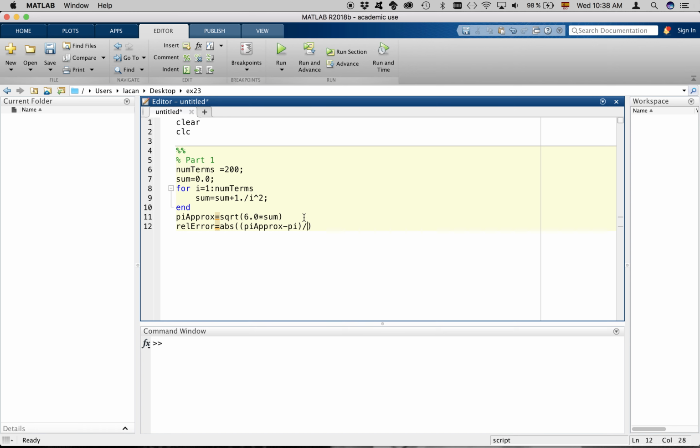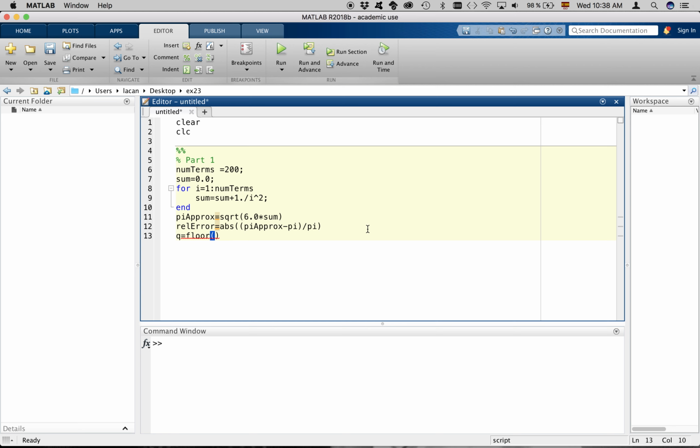Now divided by the exact value of pi. Then we have to compute the number of exact digits. To do so, let's call that value q, and that will be the